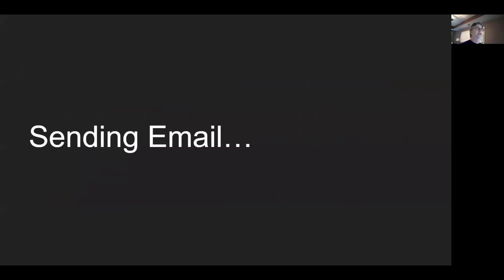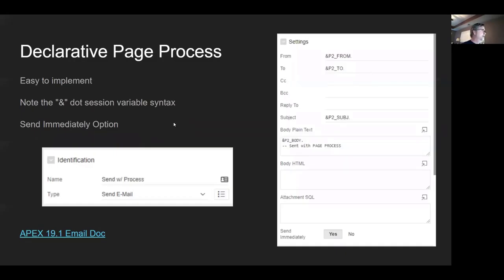Let's start off with the simple stuff. How do you send email in Apex? Well, if you're new to Apex, this is probably something that you've asked or been looking into. And the basic 101 is, for an Apex process, they have a template-driven wizard that allows this to happen super easy. So on your page, you would have a process that is kicked off by some event, a click of a button, something like this,